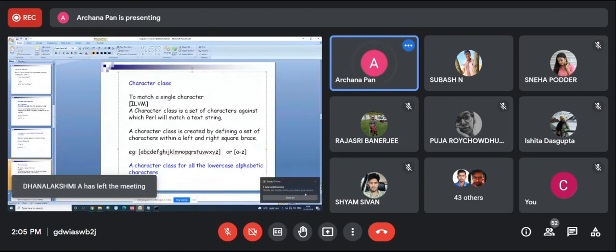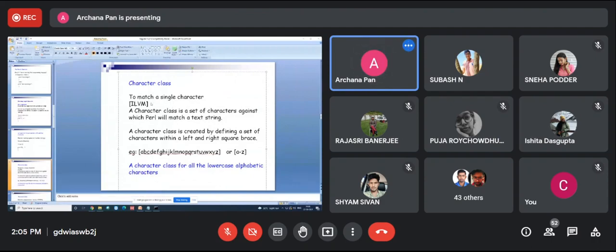In a character class, it will match any single character within the square braces. It will match only a single character, either one or another.